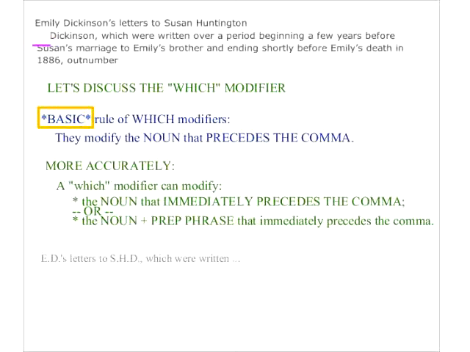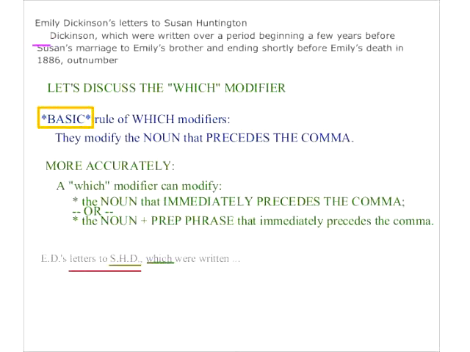So notice, here's your which modifier. Since either one of these is an allowed option, we can just use context to figure out which way it works. So this way, if it just modified Susan Huntington Dickinson, then that would be just a noun. But if it modified all of this, letters to Susan Huntington Dickinson, then that would be the noun plus prep